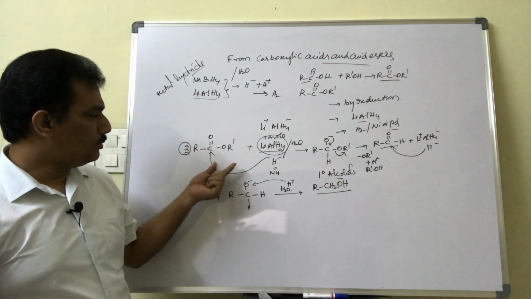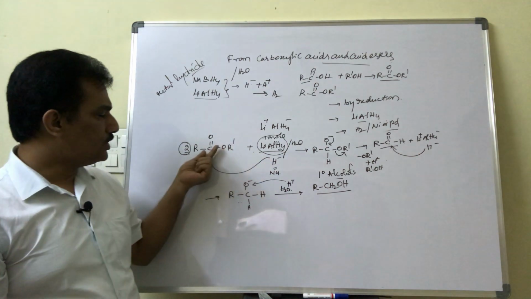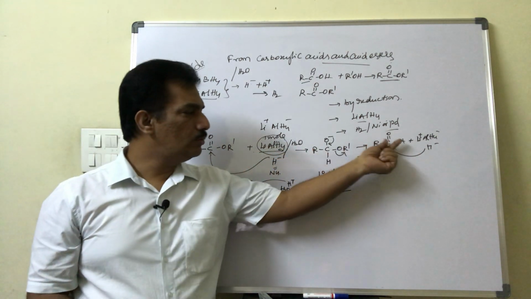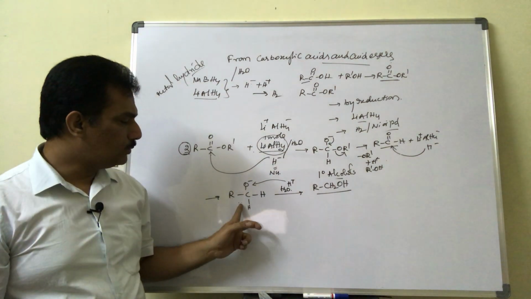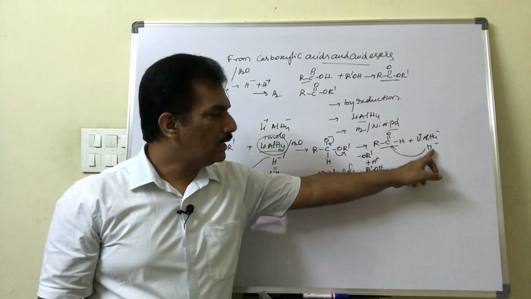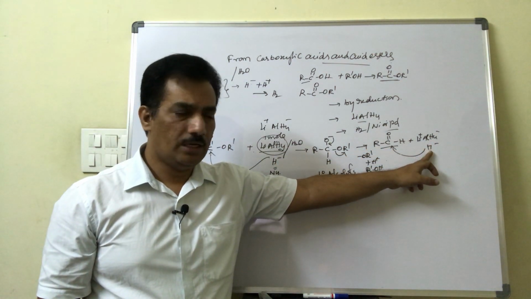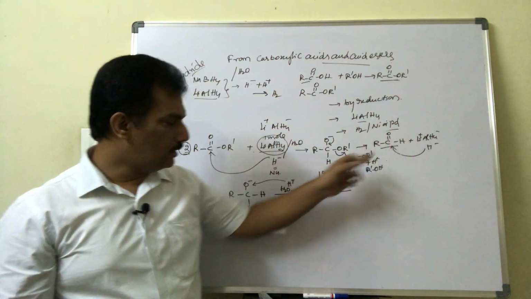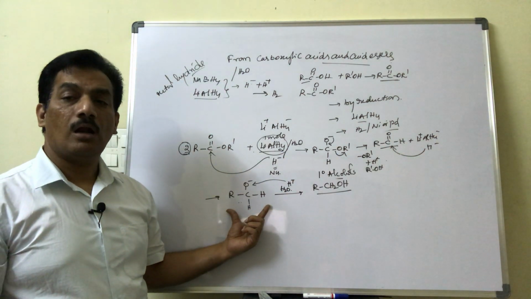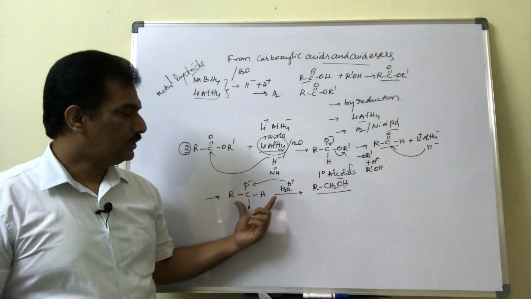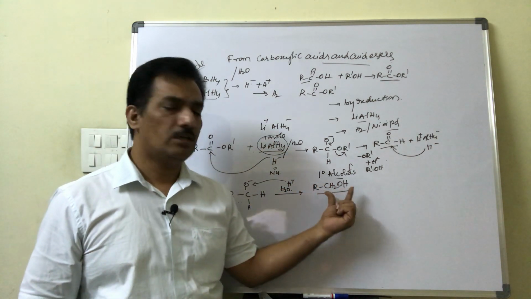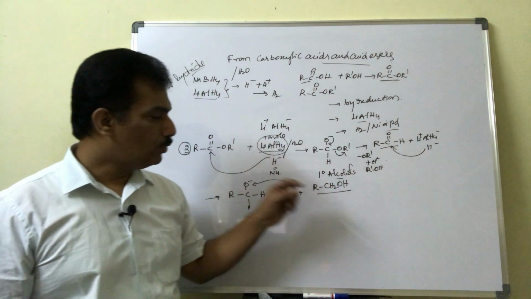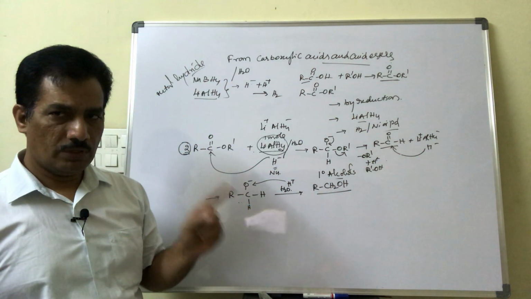And if we observe the mechanism, one H- is used here to convert that into an aldehyde, and thereafter the second hydride from lithium aluminum hydride attacks on this, and it is now converted to alkoxide. After this the granted reagent provides H+, thereby it is converted to alcohol. But here only primary alcohols will form, one statement.